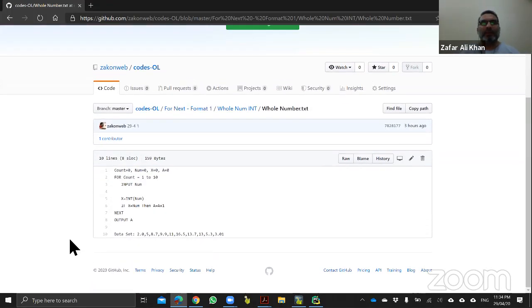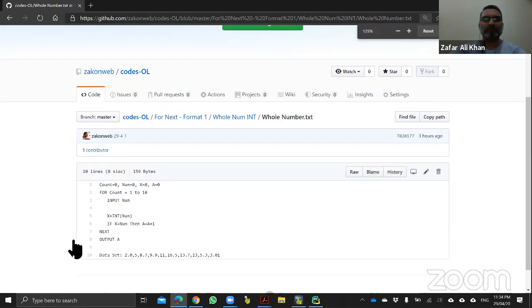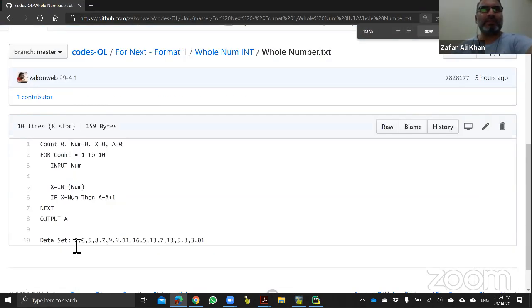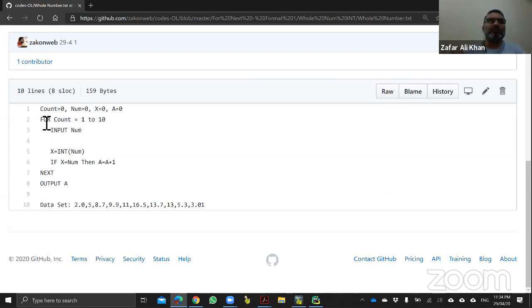As you can see over here, it is very simple. For count is equal to 1 to whatever the number that is given, I deliberately